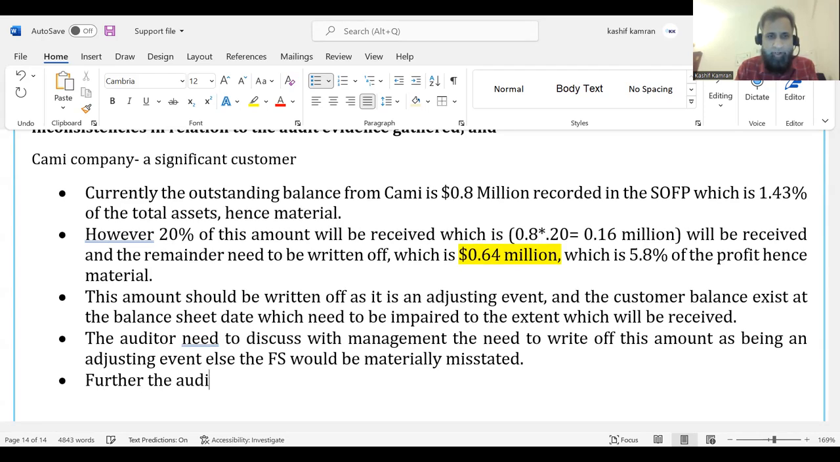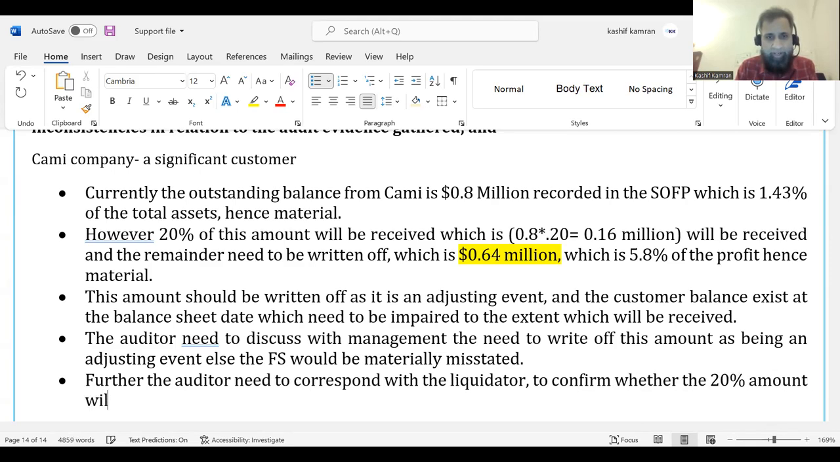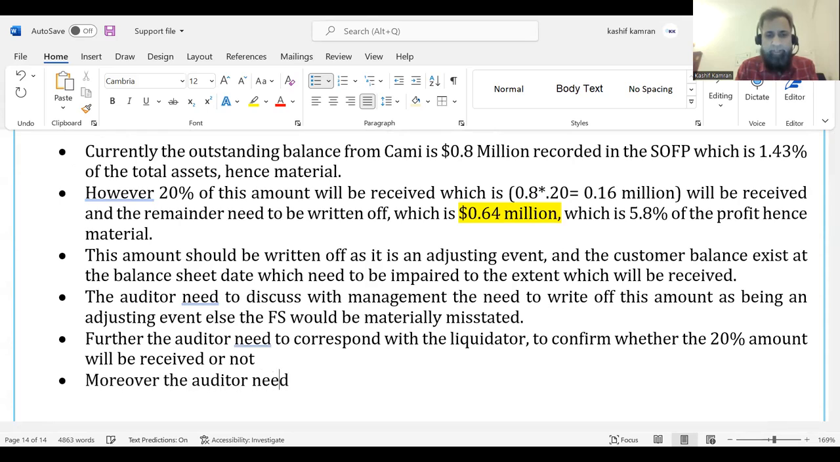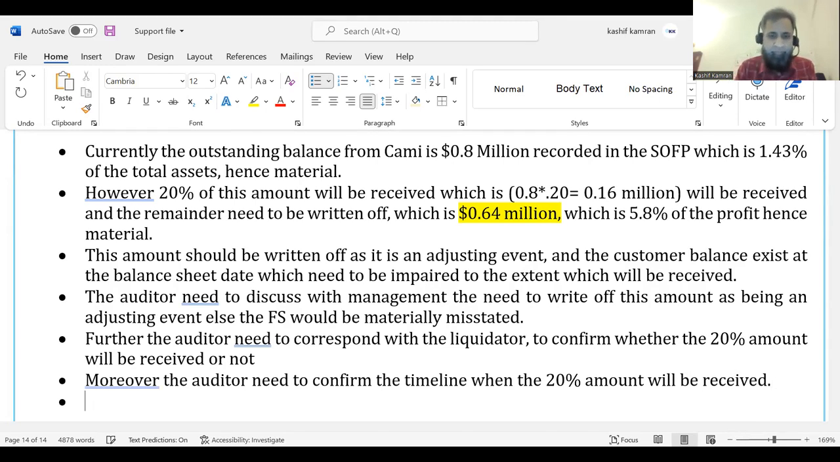Further, the auditor needs to correspond with the liquidator to confirm whether the 20% amount will be received or not. Moreover, the auditor needs to confirm the timeline when the 20% amount will be received. These are two different things, right? Whether I will receive the 20% amount, and by when it will be received. Further,